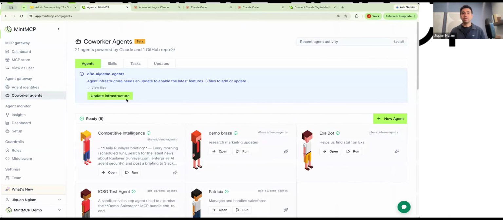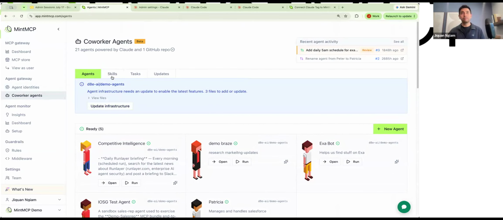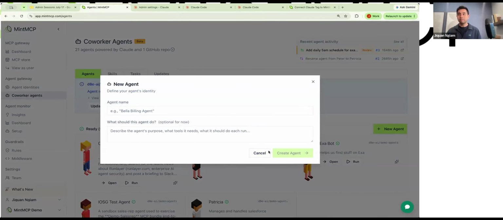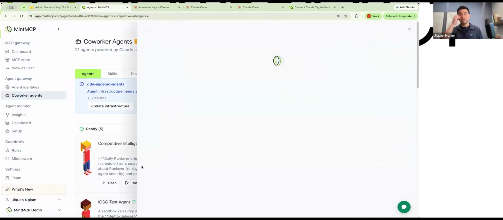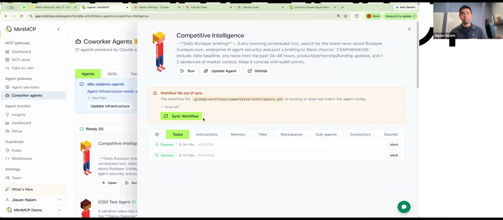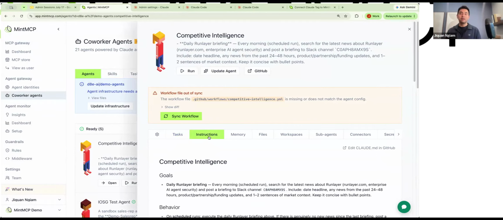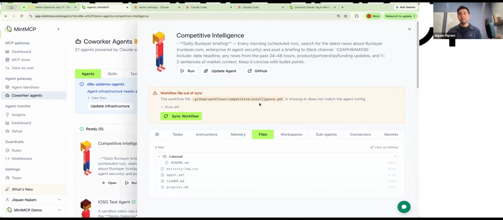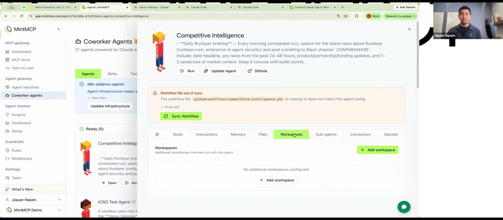Creating them will create different agents in the system that have their own similar instructions on what they do. They have their own memory files on what they remember, their own files on what they store, and their own workspaces on how they work.